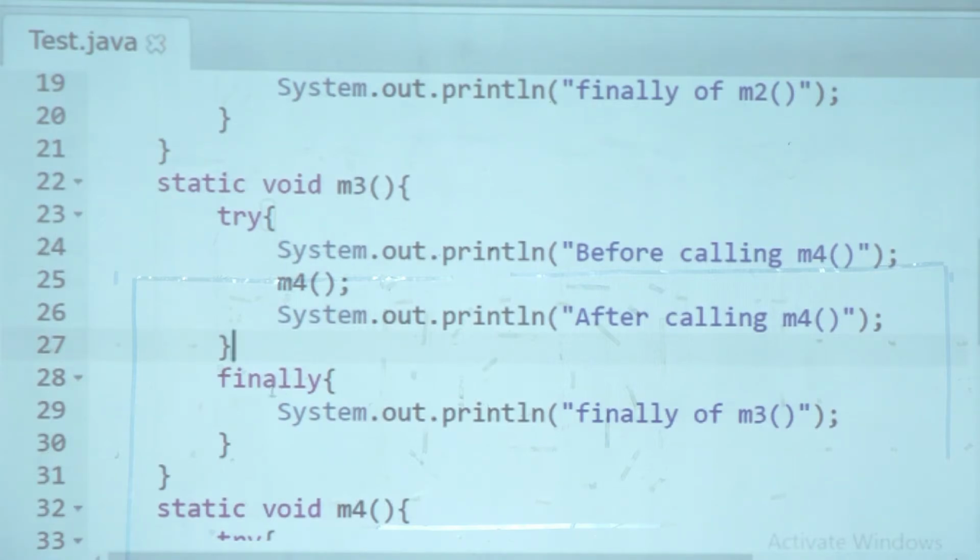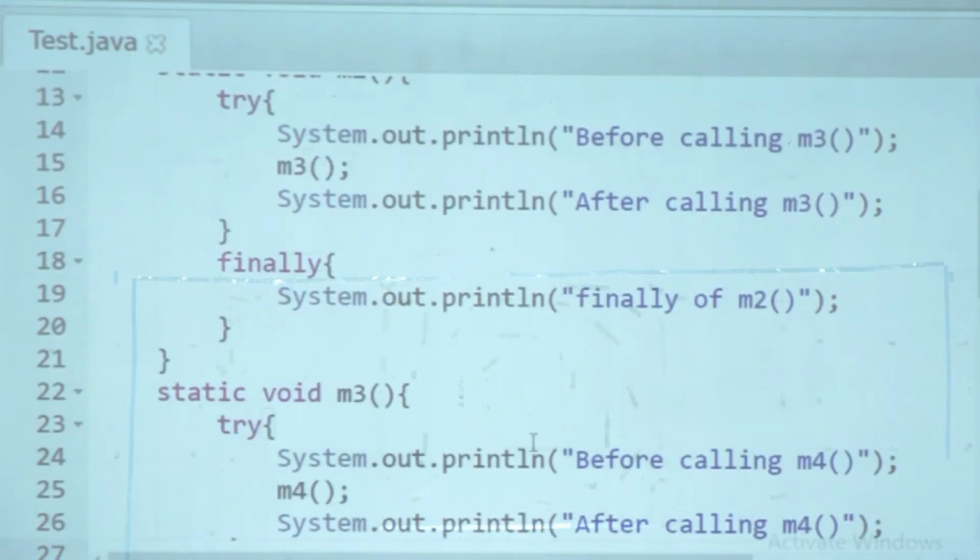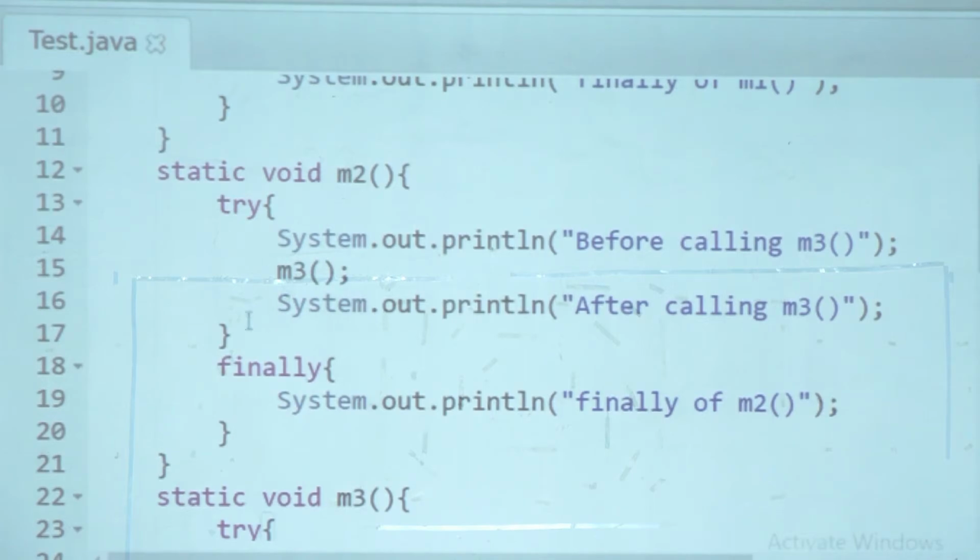Then from M3 the control will flow back to M2. Finally of M3, so 9. Then it will go to M2 because M3 is coming out without any exception as usual. After calling M3, finally of M2, all of that. So where are we? 11. Okay, we'll go with 11.